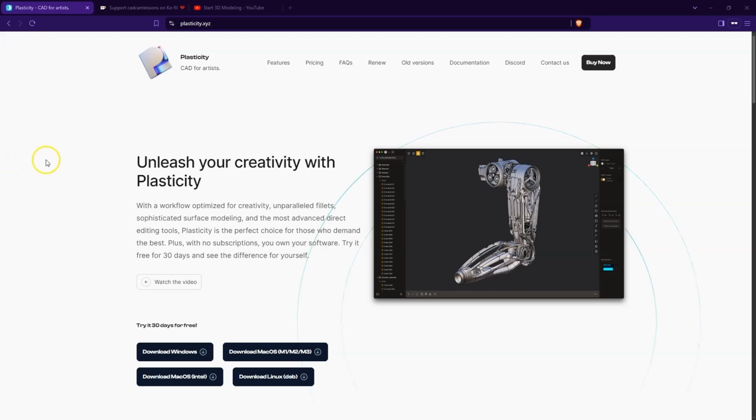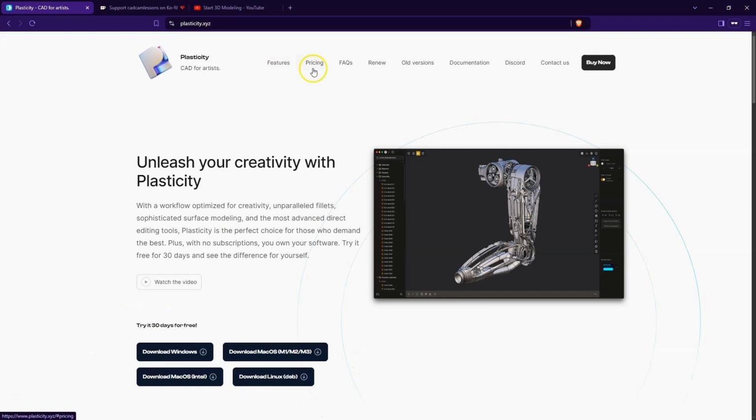This is a unique opportunity to learn the basics of solid modeling in Plasticity. During the training, we will discuss key issues that will allow you to quickly master basic operations and start creating your own 3D models. Thanks to this, in a relatively short time, you will be able to move freely in